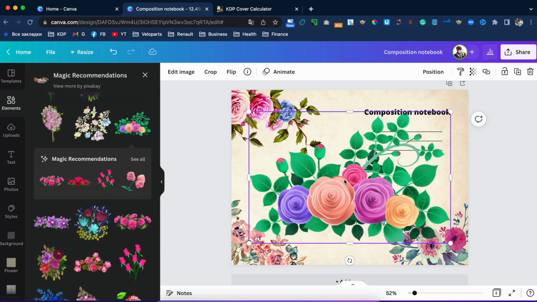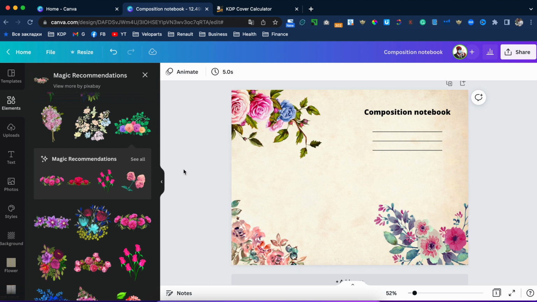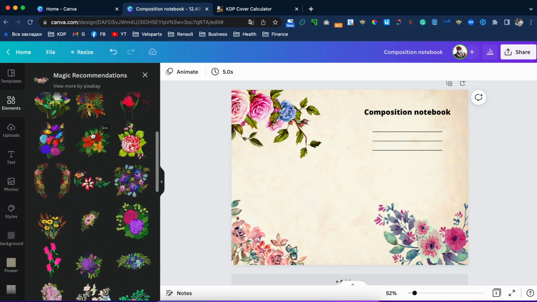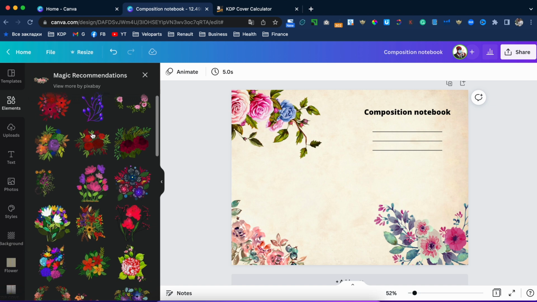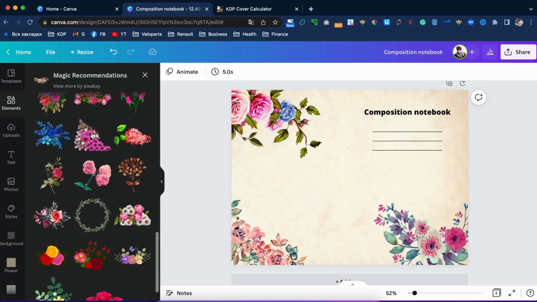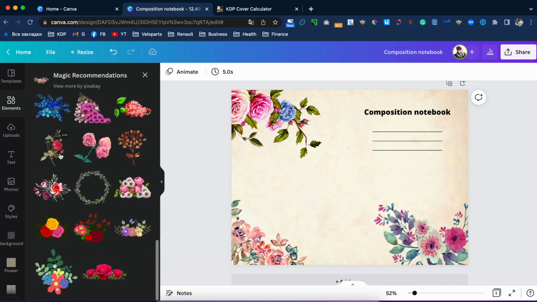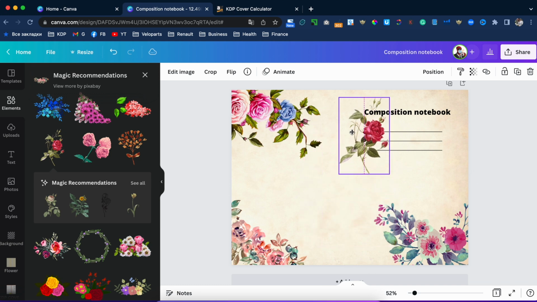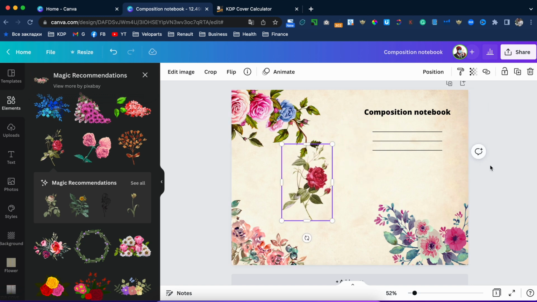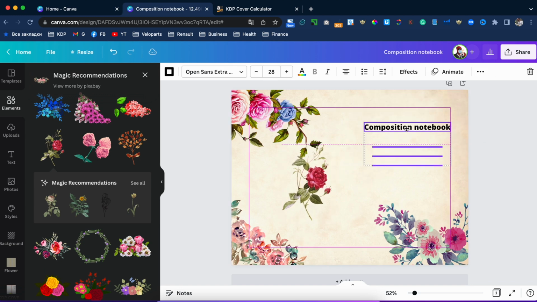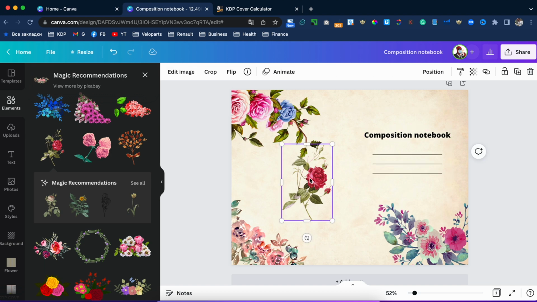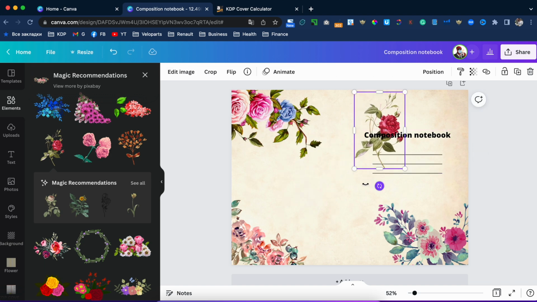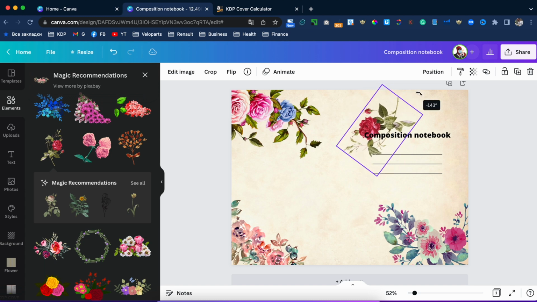Yeah, this one. No. I don't like anything from here, but maybe this. Oh yeah, this is interesting. So go here. I will probably stick to the center almost, and this one to the top of our design.